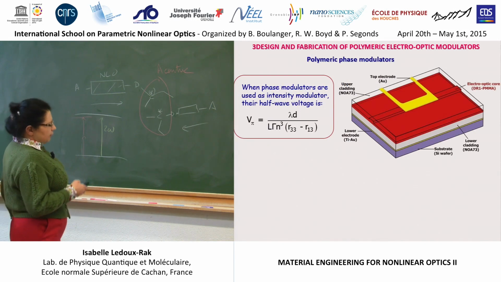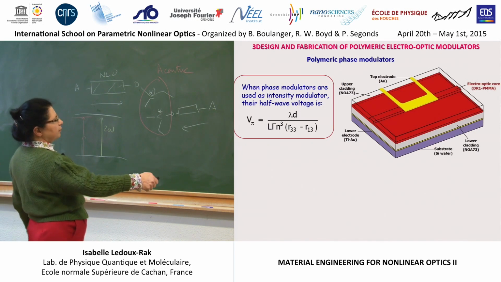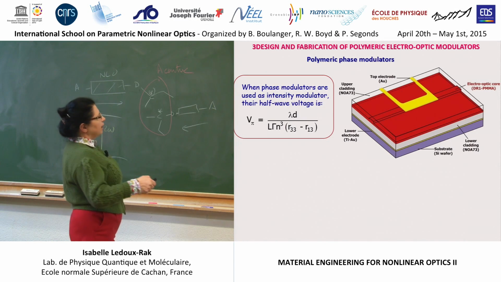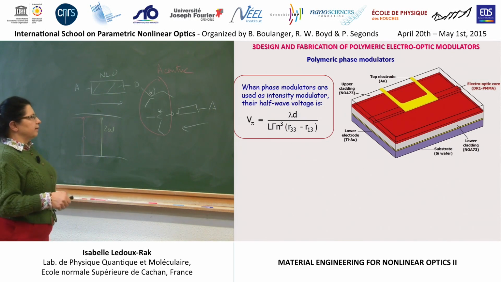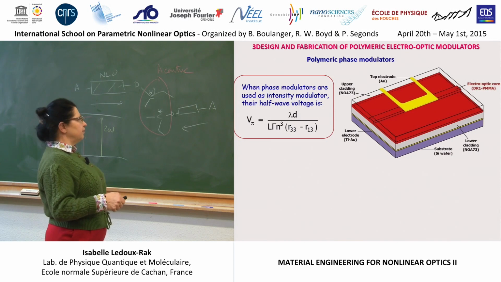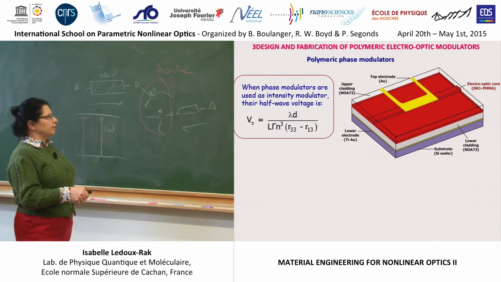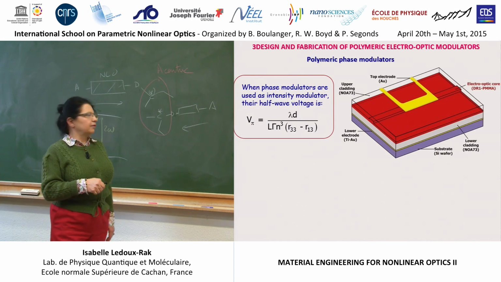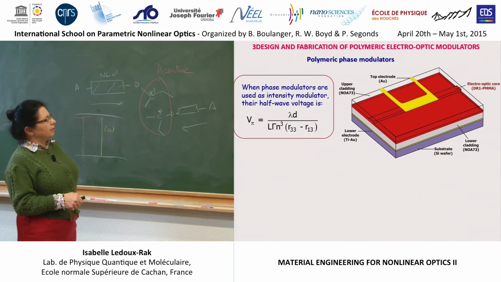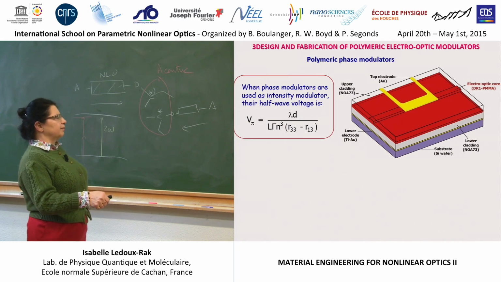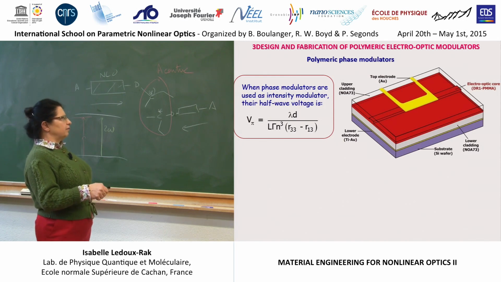So for the polymer electro-optic modulator, that's a phase modulator here, with one waveguide between crossed polarizers, and the half-wave voltage corresponding to the pi dephasing is given by this relation. You can see here that this depends on the difference between the diagonal electro-optic coefficient and the non-diagonal one, because the material is isotropic, and this one is usually one third of this one. This is the length of the electro-optic part. This is the distance between electrodes. This is the geometrical factor and the refractive index.